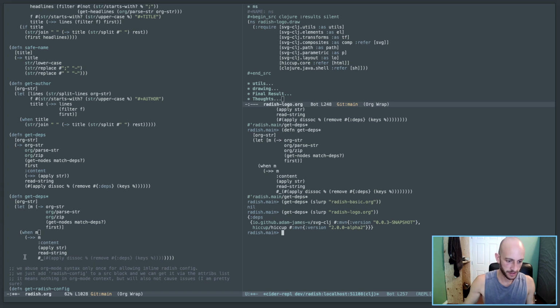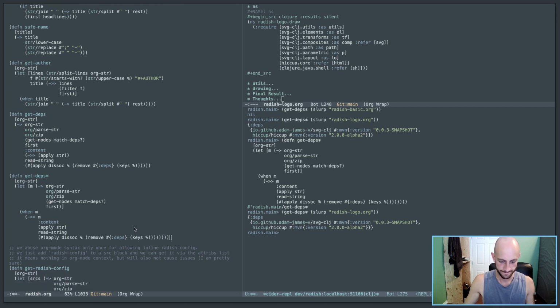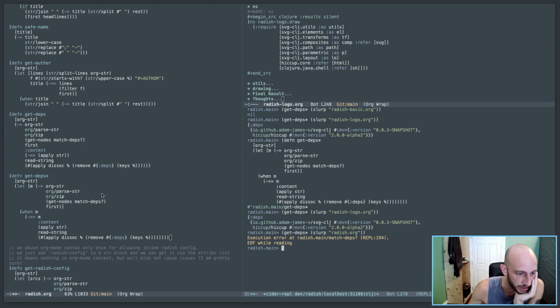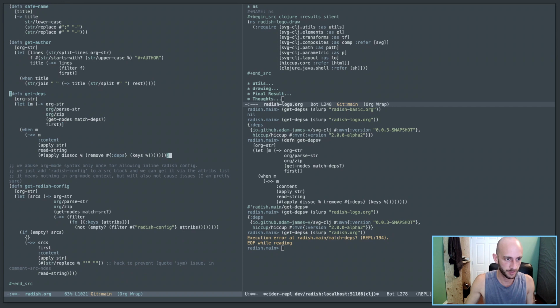The only thing I do still want to run this dissoc logic on it. So I think, let me just check that seems to work. Okay, now we're getting somewhere. I think that should be okay for the time being. This one will still break, I know, because of the read string issues I'm running into, but I'm gonna call it good for the time being. So now get depths is sort of fixed up anyway, and I should be able to